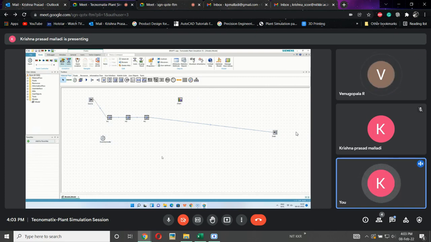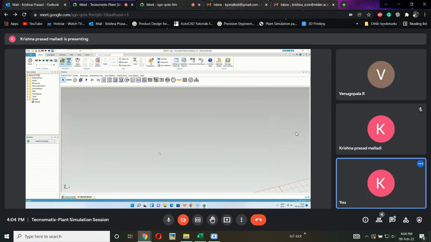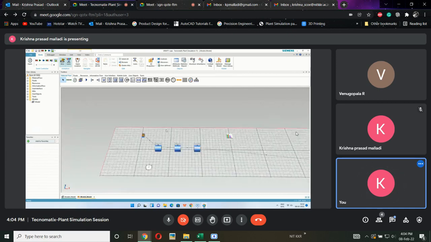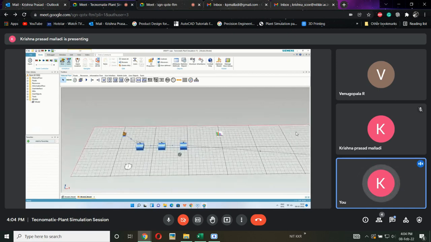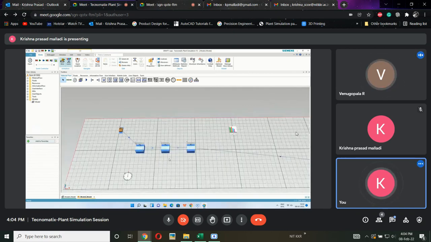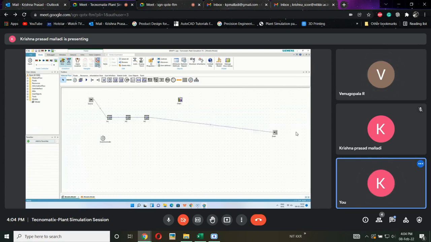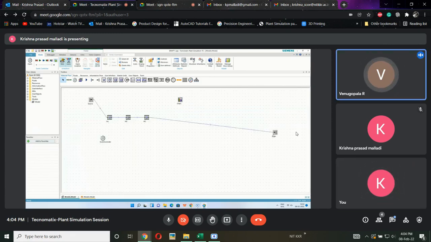If I want to convert into 3D, there is an option to open 2D or 3D. If I convert it into 3D, it will be visible like this. 3D topics will be discussed tomorrow, sir. As of now, 3D is not necessary, so again we will convert into 2D. So this is 2D.